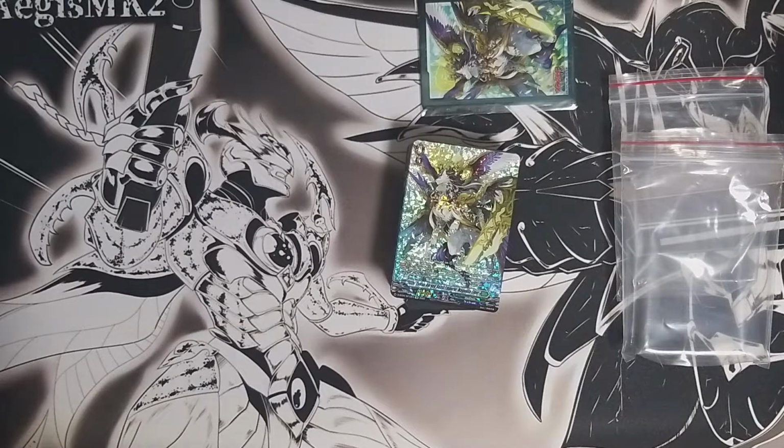So I'm trying those, and I also get myself some MPICs because it's so hard to find in English, and not only because the promo itself is a little bit hard to find. I do see a lot of people selling a lot of them, but the problem is in Hong Kong we don't have English cards, so we just need to ask outside for help in order to get the promos, and sometimes that really hurts because I do need to pay extra money to secure the cards and have them posted here,